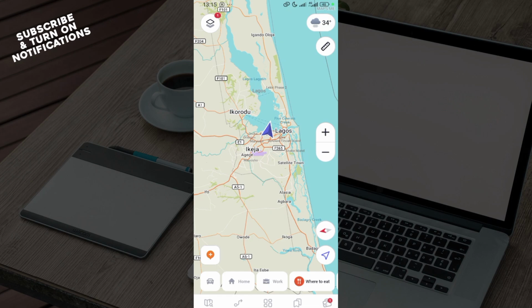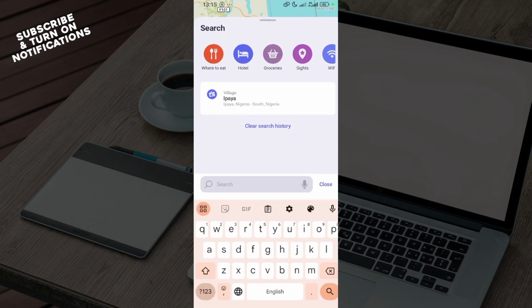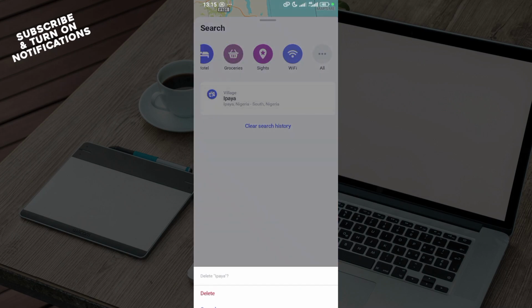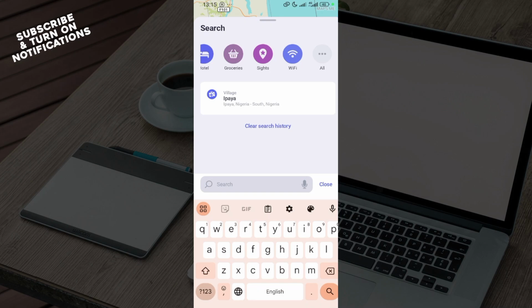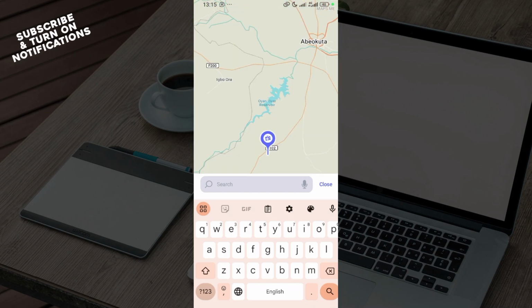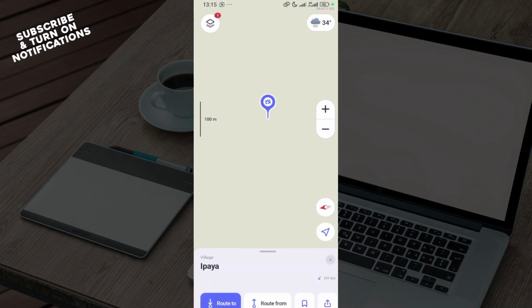And then once you've done that, the next step is to move to the bottom part of the screen, click on the search icon. And then by clicking on the search icon, you can see different options, right? So go ahead and select the destination that you would like to add to your favorites. Once you've selected the destination and you see details about it, the next step is for you